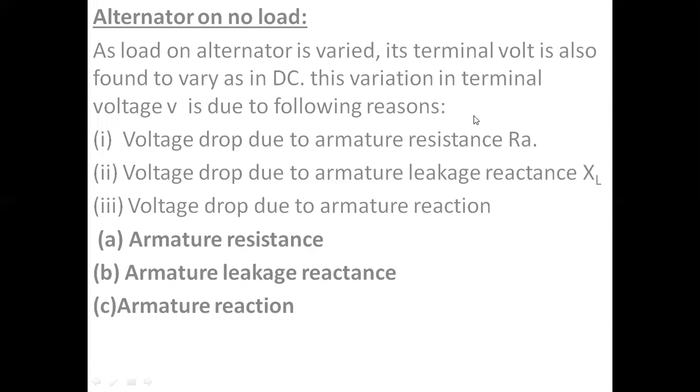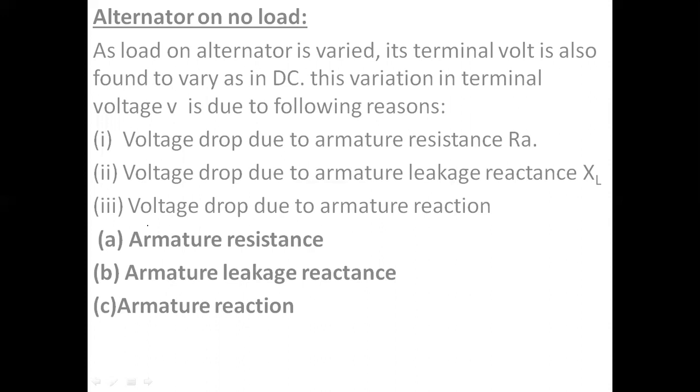Okay, now let us see how they work. First consider armature resistance. The armature resistance per phase is RA. It causes a voltage drop per phase, termed IRA, which is in phase with the armature current IA, because this is a resistance. Actually this armature resistance drop is practically negligible because it is of small value. It can be neglected practically while taking the readings.